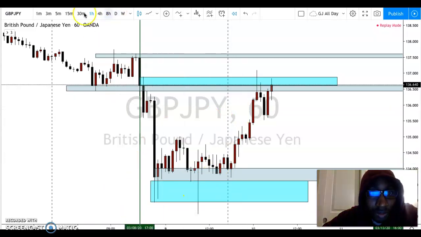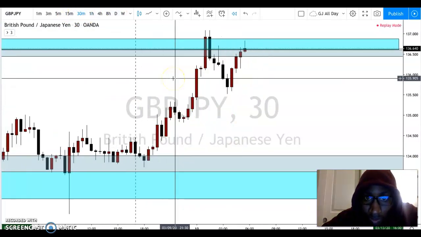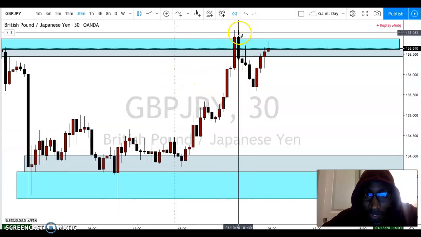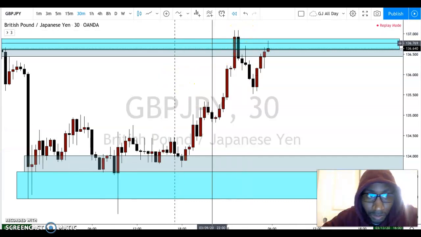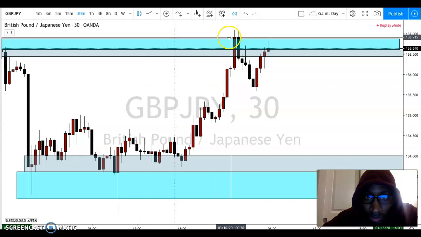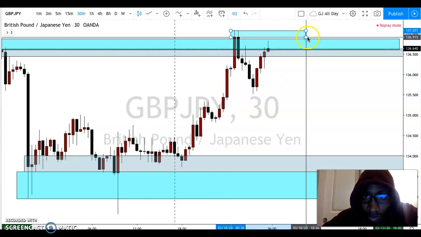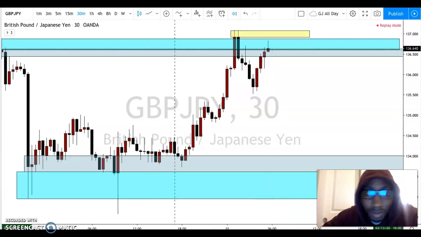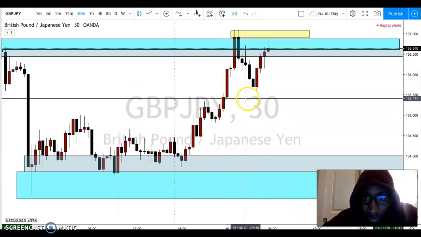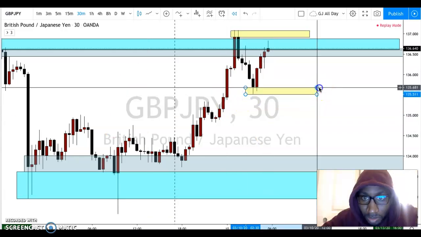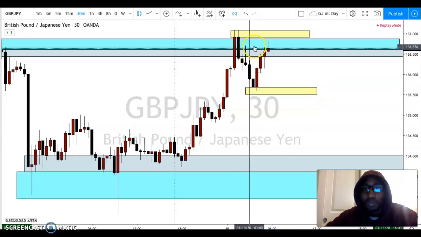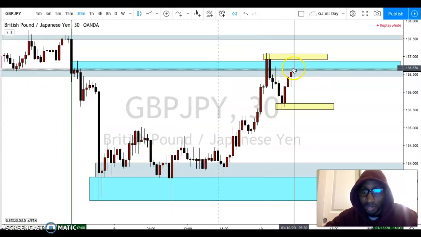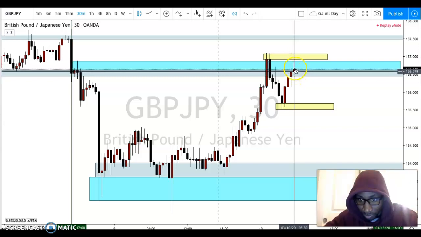Okay, so now price created a high. Just put a little 30-minute zone up there. We'll put a little zone right here. Now, since this is already retesting before 6 o'clock,